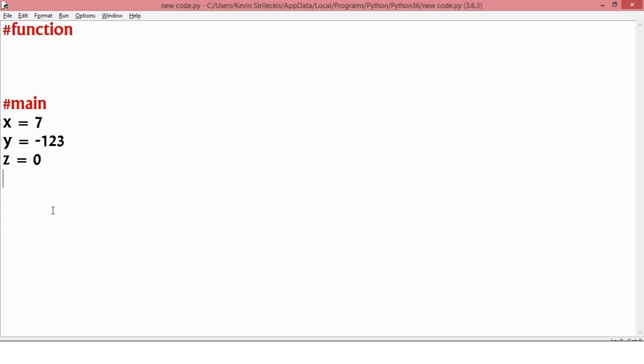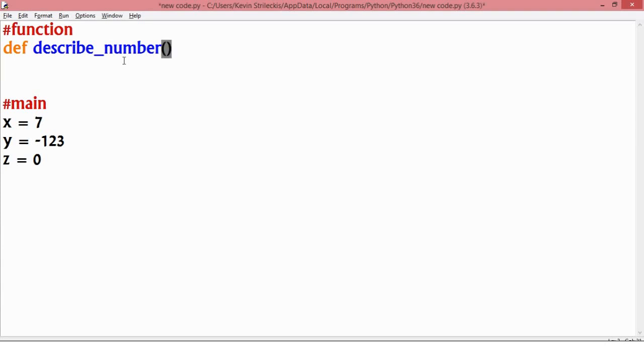But let's get the program to recognize that and actually say something about it. So here's what I'm going to do. I'm going to go back up to this function up here, and I'm going to write the letters D, E, F. And then with a space, I'm then going to name this function. So you know how we name our variables down here, and we give them any name, it doesn't matter, and then every time we use that name, we are using its value. It's going to be kind of like that for the function. So let's go ahead and call it describe number,